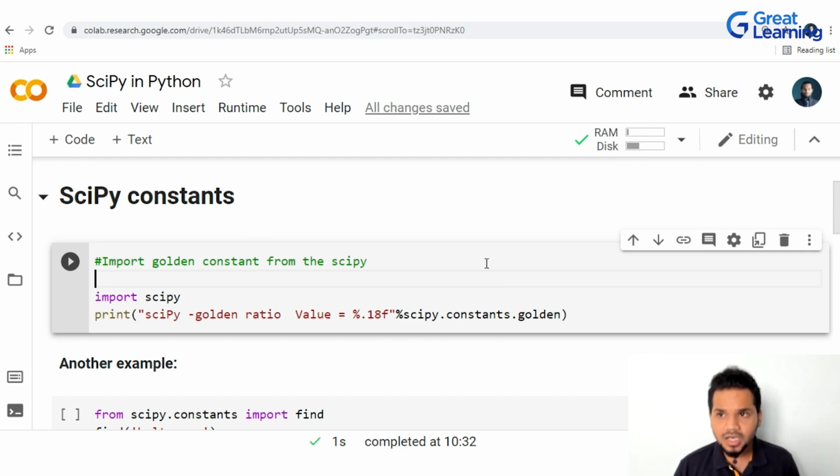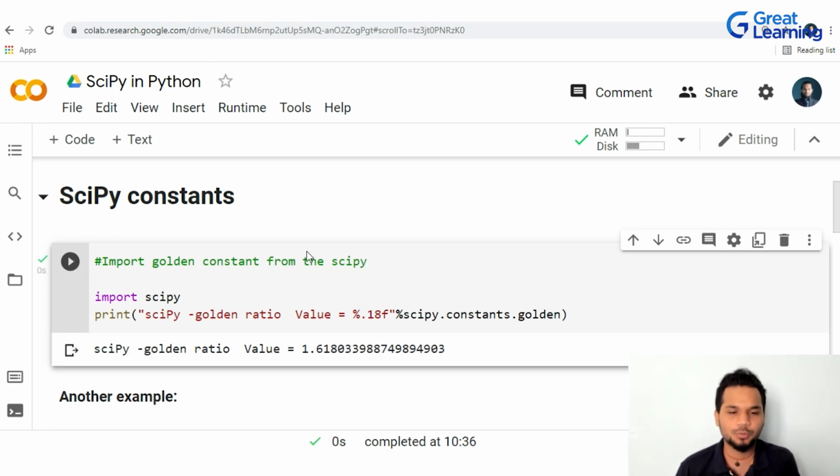Now, one constant that you would have seen in the world is something called the golden ratio, right? The golden ratio is basically like a spiral which talks about almost everything in the universe having a certain pattern that you can trace. It's called the golden ratio. Now, the golden ratio is a very simple number actually. At the end of the day, it's 1.6 something.